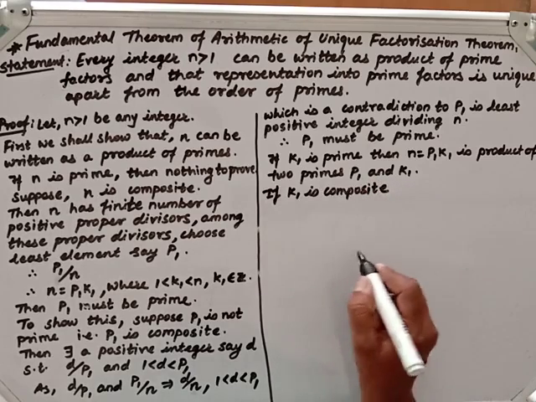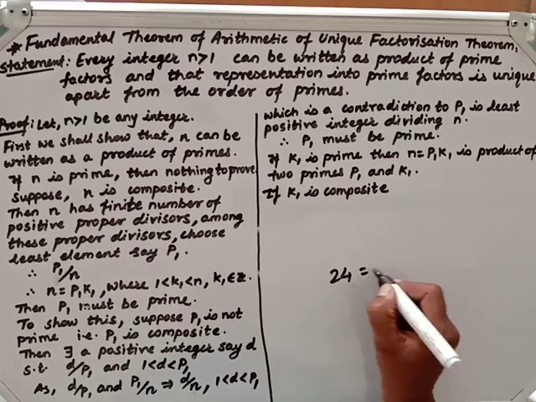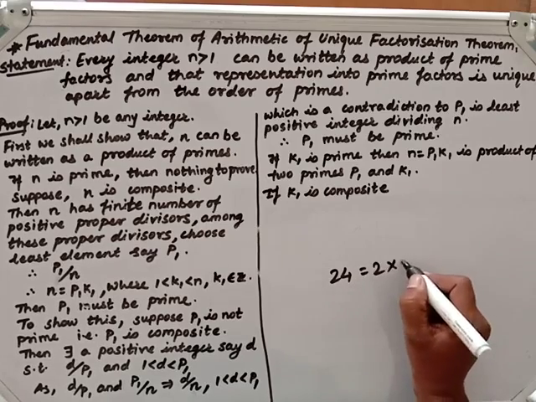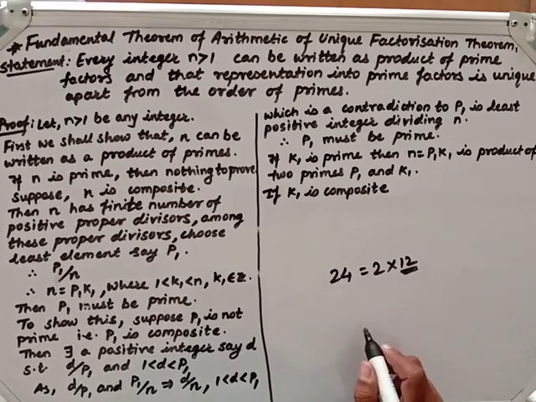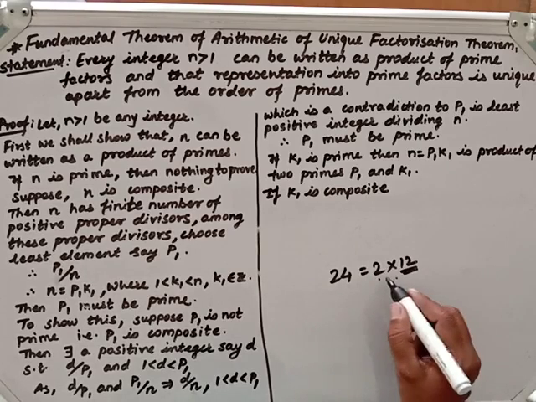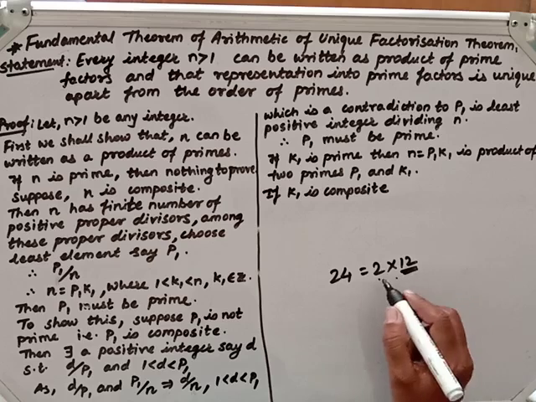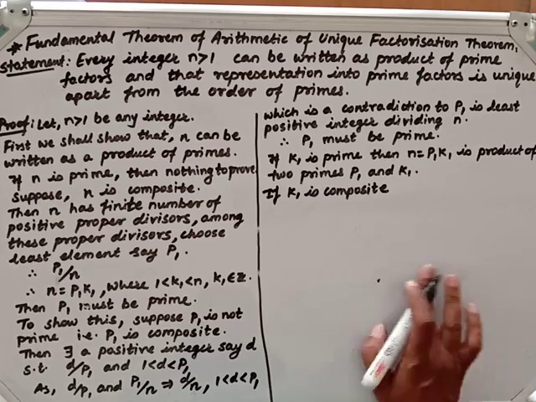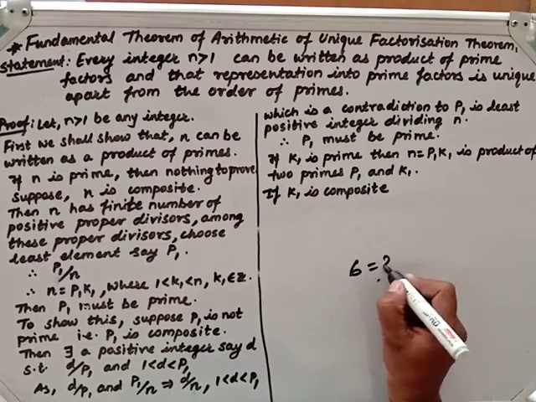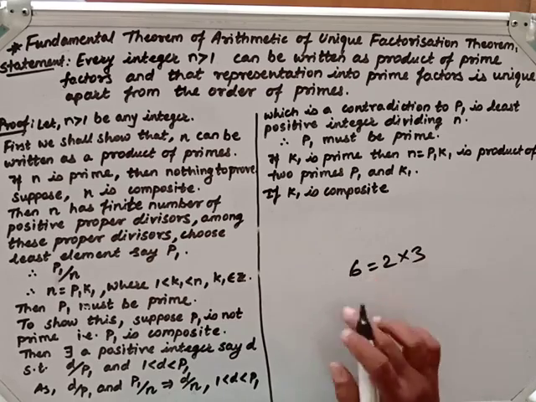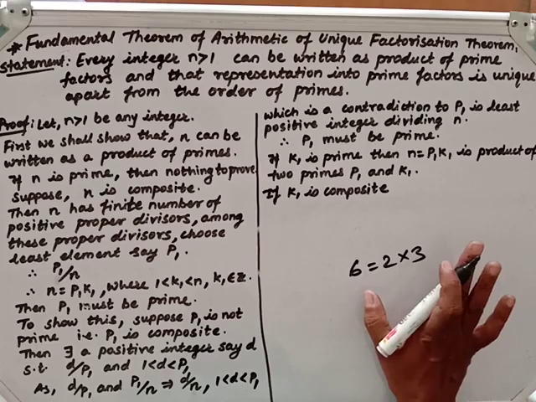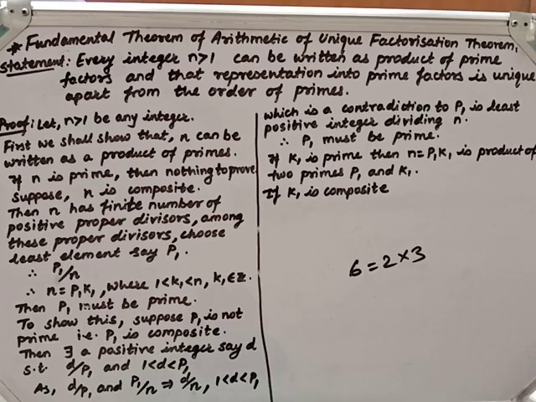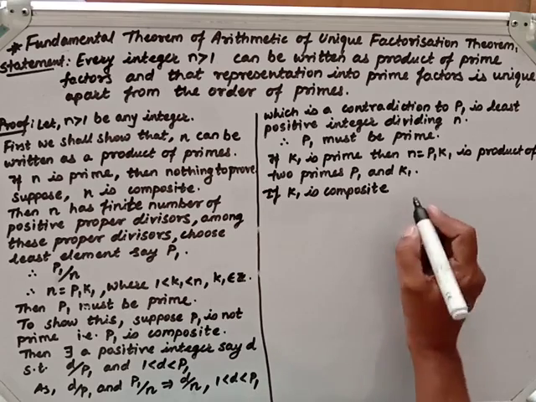Suppose K1 is composite. As we see here, 24 is 2 times 12. Here 12 is a composite number and 2 is a prime number. So 24 can be written as a product of two numbers where one is prime and the other is composite. While 6 can be written as 2 multiplied by 3, where both are prime. So here we stop, as this is the prime factorization of 6. So if K1 is composite, then